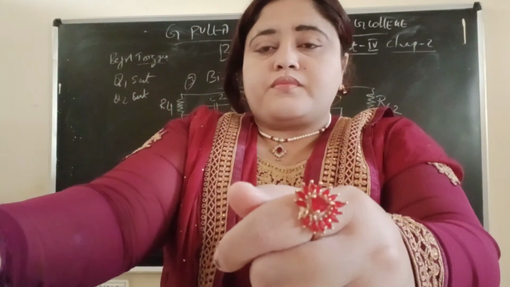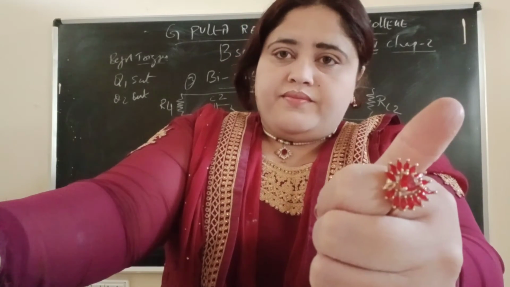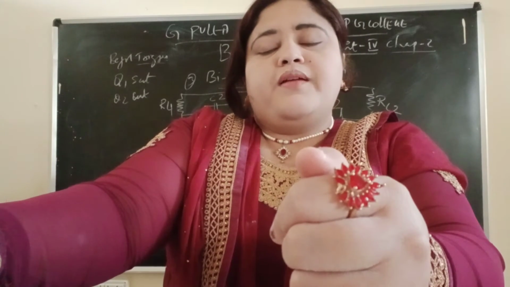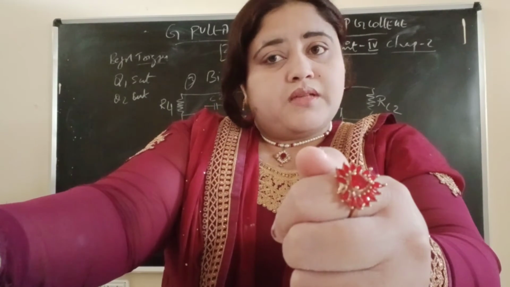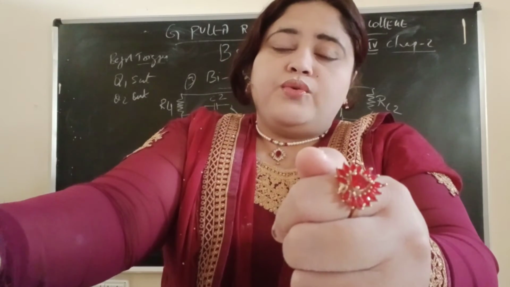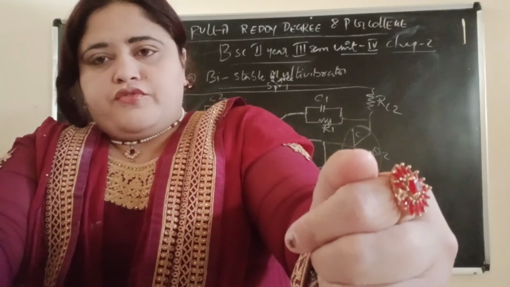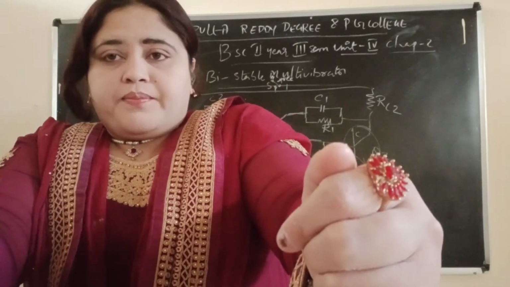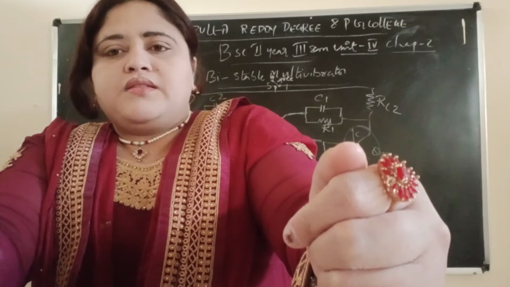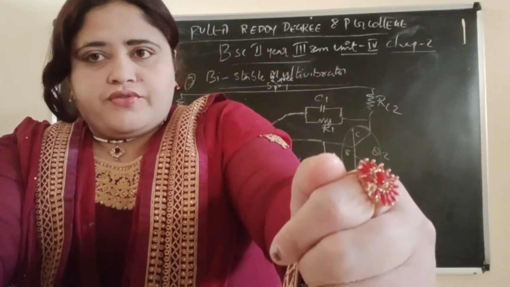So this high voltage will apply to Q1. As Q1 is getting high voltage, what will be the position of Q1? It will become saturation. And as Q2 is getting less voltage as an input, it will become cutoff. So before trigger pulse, what is the position of the transistors? Q1 is in saturation, and Q2 is in cutoff.